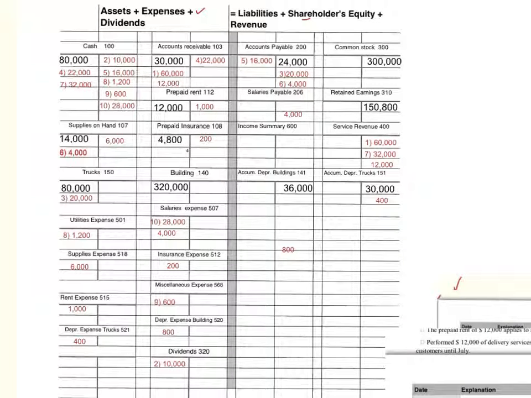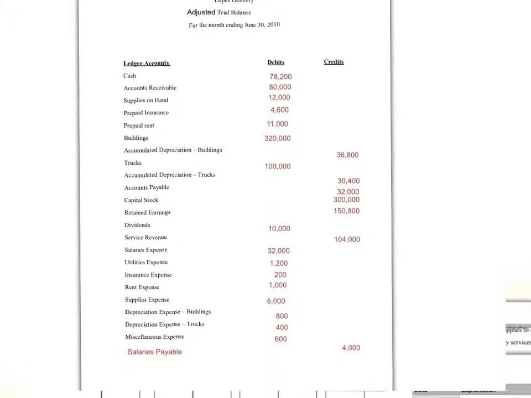So now we summarize again and take the adjusted trial balance. So now I record in the adjusted trial balance for Lopez the balance of each account. And we have some new accounts like depreciation expense building, depreciation expense truck, and rent expense and insurance expense. We've adjusted our accumulated depreciation. We adjusted our supplies on hand down, our prepaid insurance and prepaid rent down. We also recognized some additional revenue and increased the accounts receivable. So now when I total the debits,